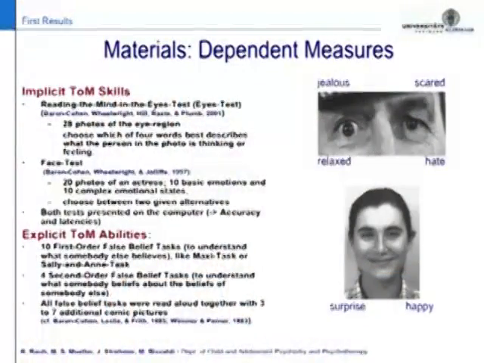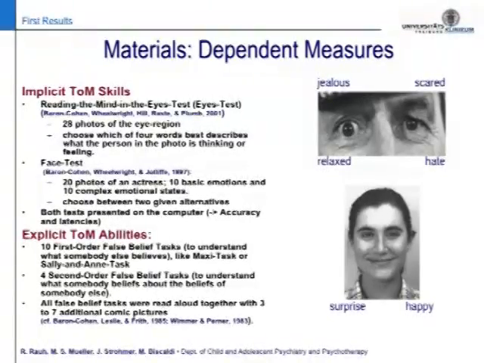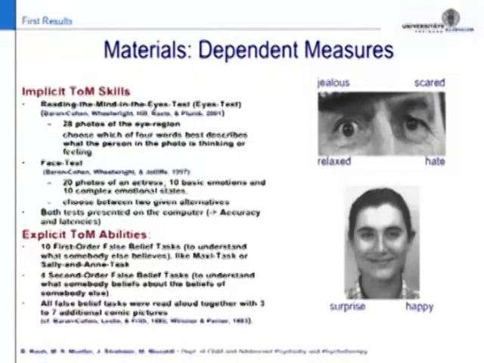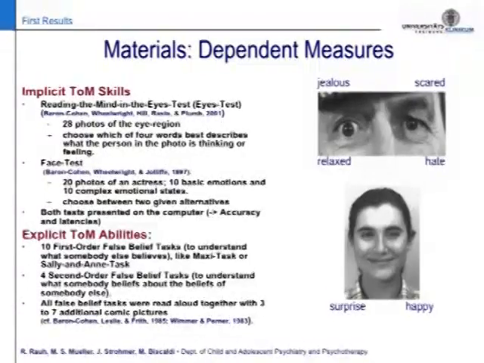So our dependent measures were tests that were already mentioned in previous talks. We used the Reading the Mind in the Eyes test, or eyes test for short, the face test, and the false belief test. Here you can see the children's version comprising, in the eyes test, 28 photos of the eye region, and the participant has to choose the word that best describes what the person in the photo is thinking or feeling. And in the face test, you have 20 photos of an actress displaying 10 basic emotions and